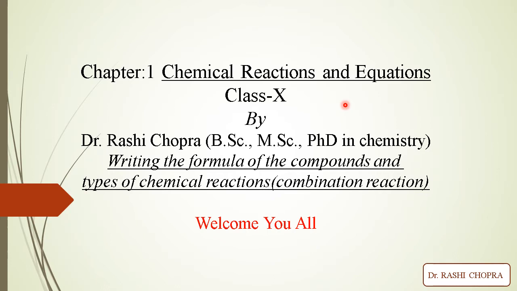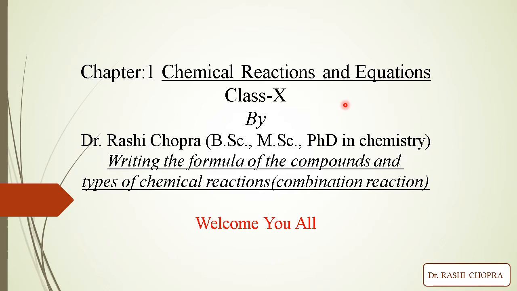But today what we are going to discuss is how you can write the formulas of the compounds. A lot of students make a major mistake while writing any chemical equation: they are not aware of how to write the formula of the compounds. This is one thing that you need to master, because the first step is writing the symbols of the compounds, right? If you cannot write the symbols, your balancing will become disturbed. And if the formula of the compound is not right, then of course the balancing will also not be right. So your marks will be cut short in that.